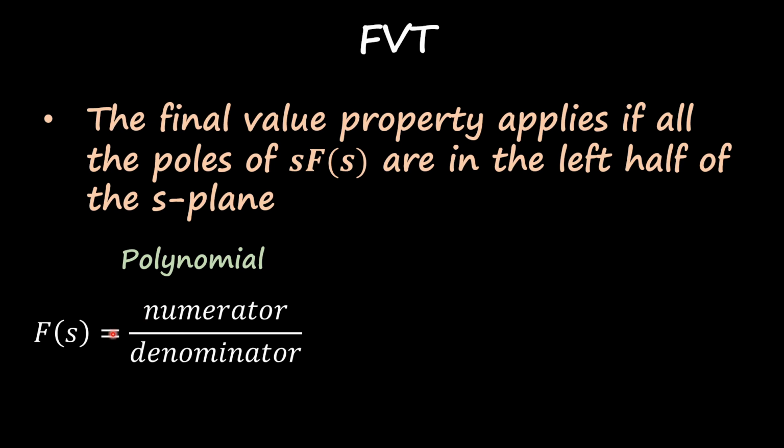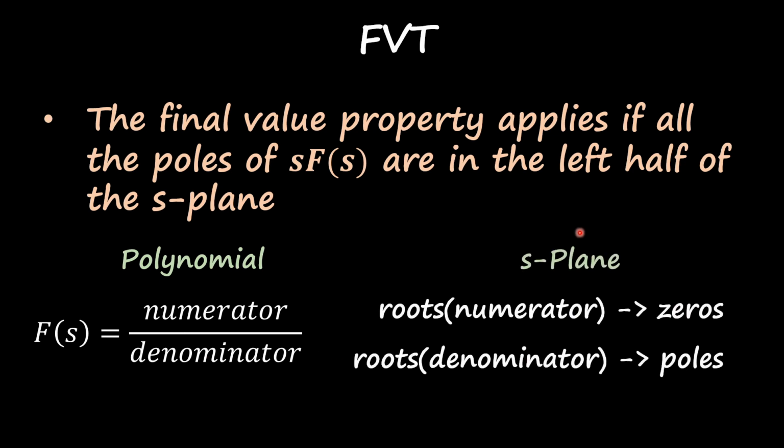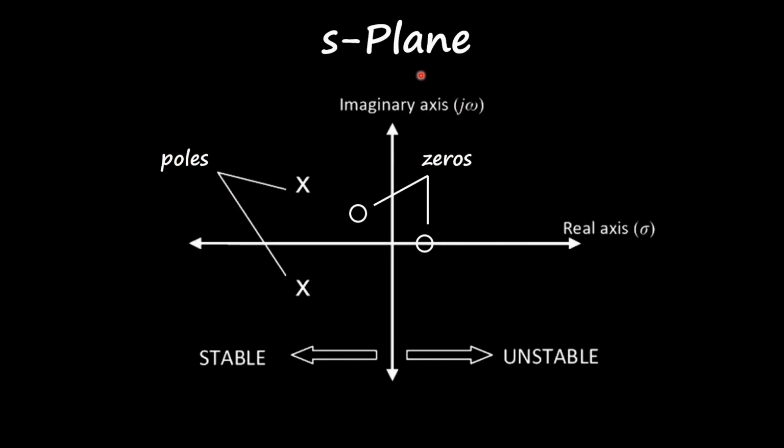Alright, so remember that our function in the s domain is a rational function, and we have a polynomial on the numerator and a polynomial on the denominator. And on this s plane, on the Laplace domain, if I find the roots of that numerator, I'm going to call that zeros. And if I find the roots of the denominator, I'm going to call that poles. So what is this s plane? The s plane is just a way to represent visually those poles and zeros. Normally poles are represented with x's and zeros are represented with circles, and you can place them around these